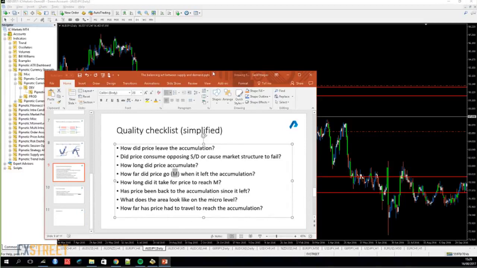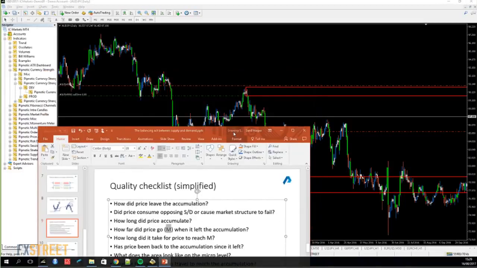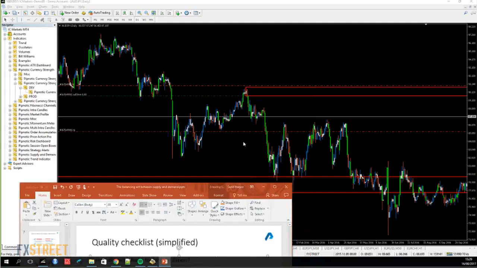How long did price accumulate? Only for 4 periods, and I like to keep it under 5 or less, so that's good. And how far did price go once it left? Well, you can see the price went pretty far. I mean, before it even had the opportunity to stop and turn around, it went all the way